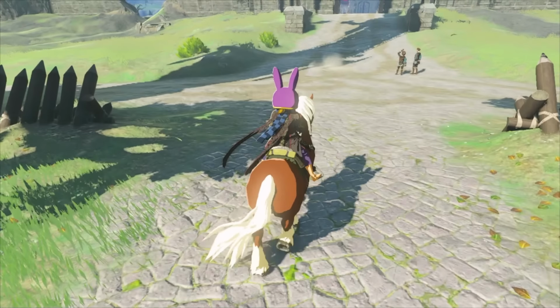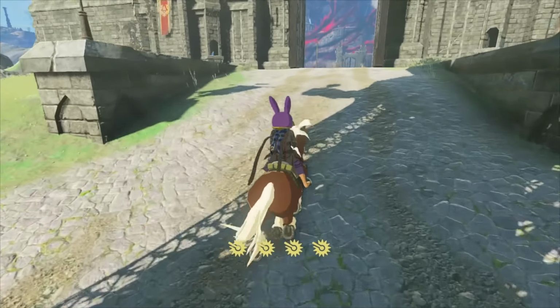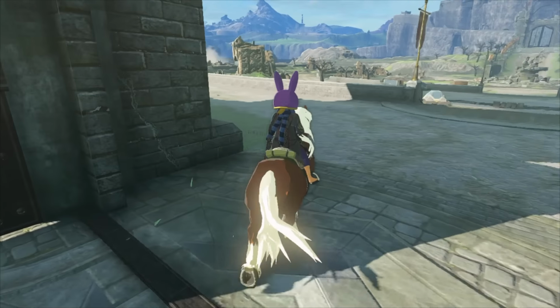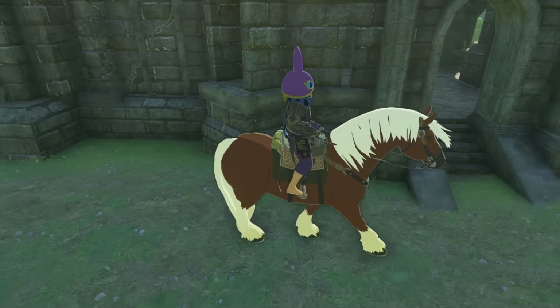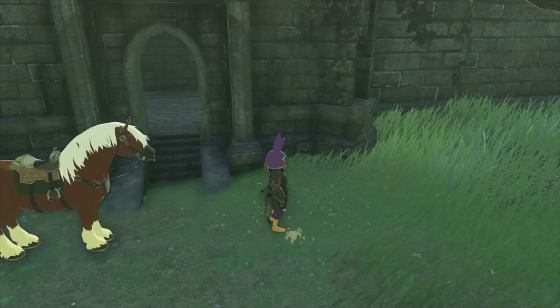So to start, we need to get on our horse and take it to the Castle Town gate. The specific location doesn't really matter, but I like to put it in front of this room because it makes things much easier later on. We'll be leaving the horse here, so once it's in position, hop off, then warp or run down to Lookout